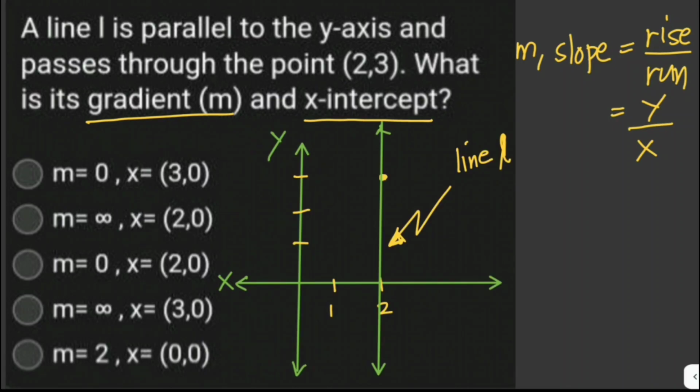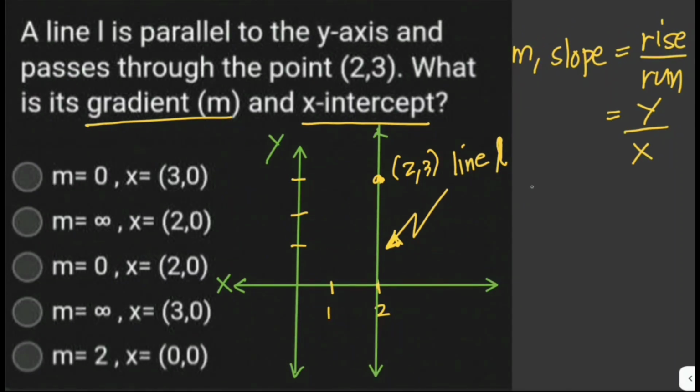Okay, if we're going to graph this, this is point 2, 3, and it is given here that the line L is parallel to the y-axis. So therefore the slope of this one, because the slope of the y-axis is infinite, so the slope is also infinite. Slope here is also infinite. Okay. So as the line is defined by x equals 2, here, this one, hence its x-intercept will also be 2,